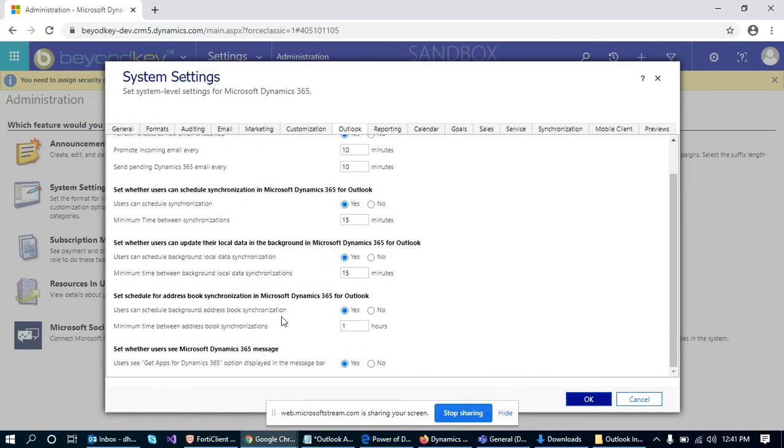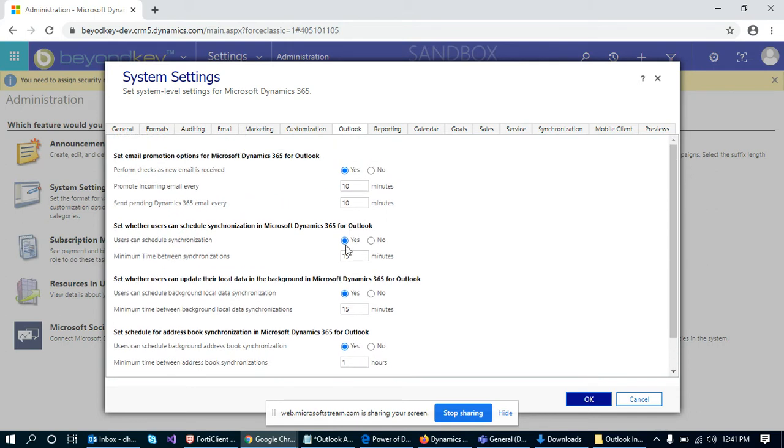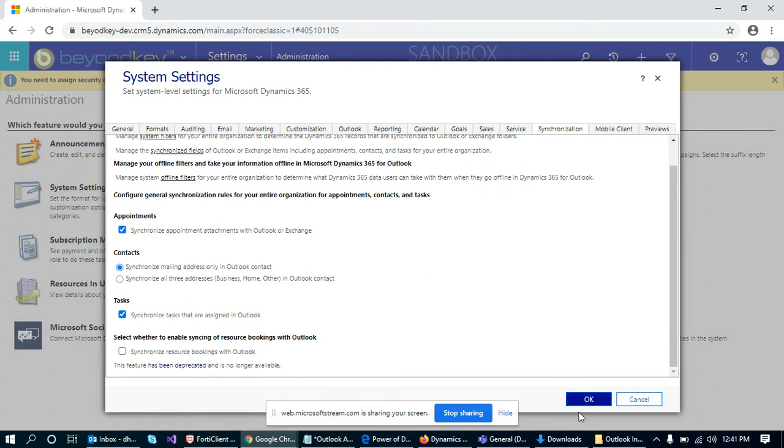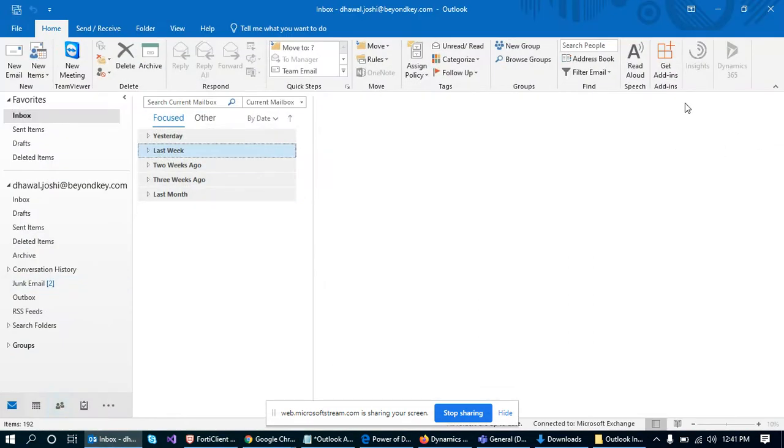There are some settings related to Microsoft Dynamics 365 for Outlook. It's chosen by default. Okay, I'll click on OK and we can go to the Outlook.